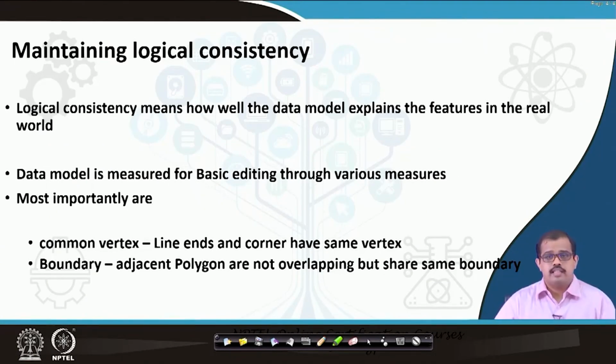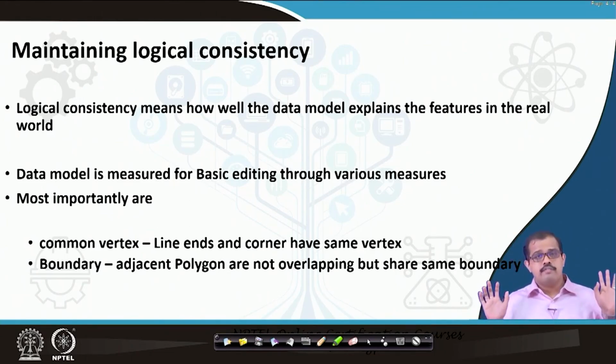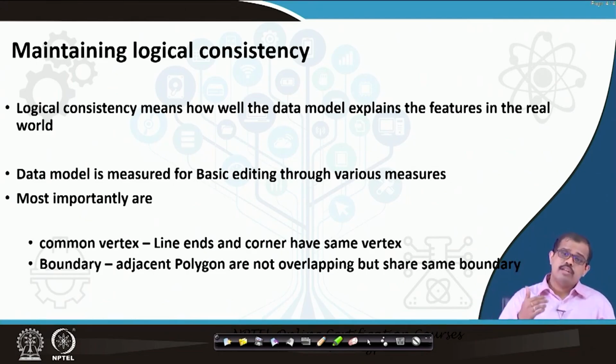Okay, so before we start, a very important thing that we have to look at is how we maintain logical consistency in creating a vector database or any of the data models. Very important thing that you have to think about. You can go to the field, collect all the data, extremely accurate, and get it here, put it in the database. That's fine, fair enough. But when you are looking at the database, your database has to have certain logical consistency. Without logical consistency, your data or your database may not really sound